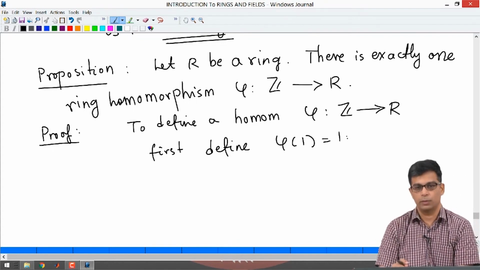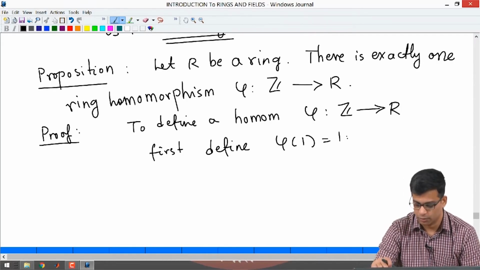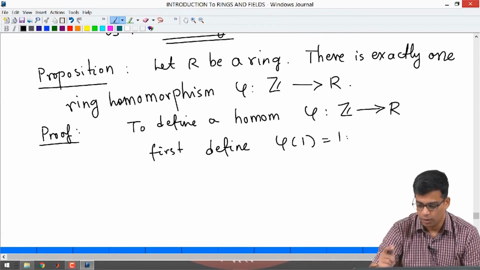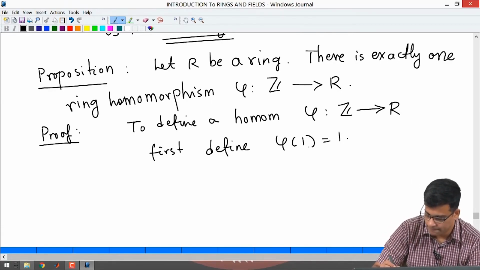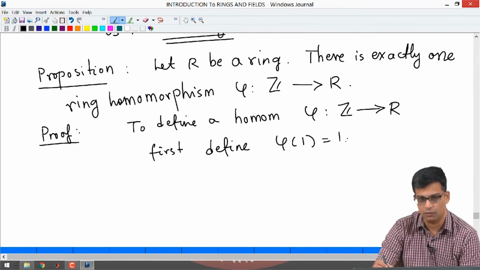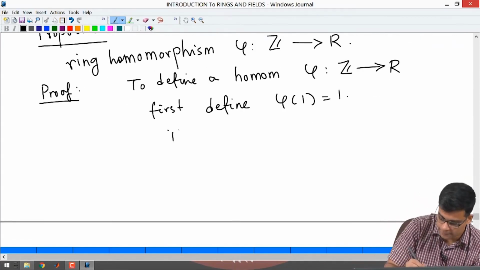Okay. So, remember there is no choice for us: the multiplicative identity element of Z must go to the multiplicative identity of R, which, for convenience of notation, I will just denote both by 1. We will only keep in mind that 1 here stands for 1 of Z, and 1 here stands for 1 of R. So, there is no choice, 1 has to go to 1. So, then